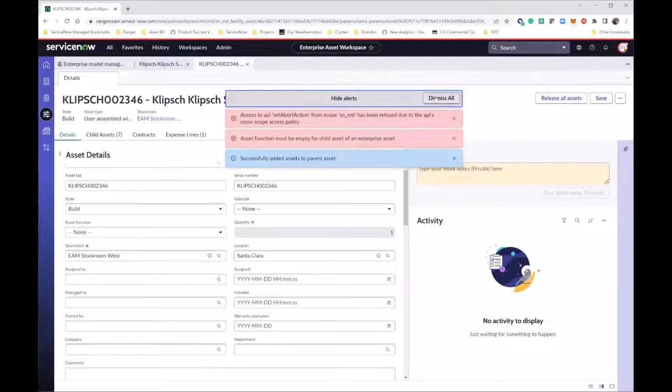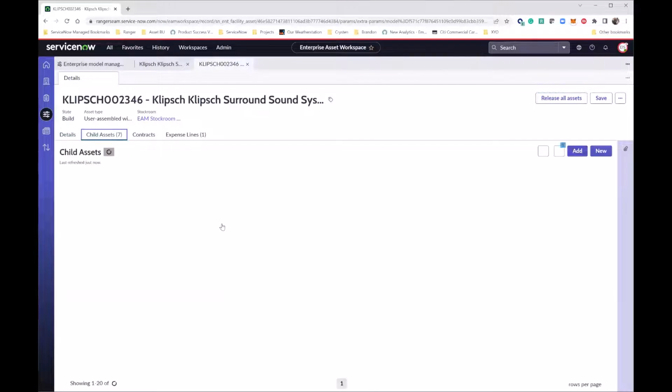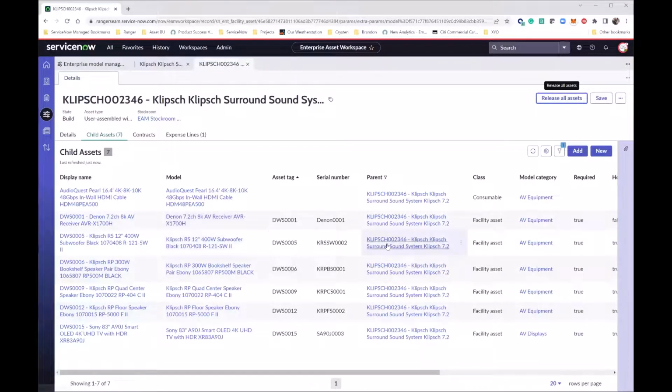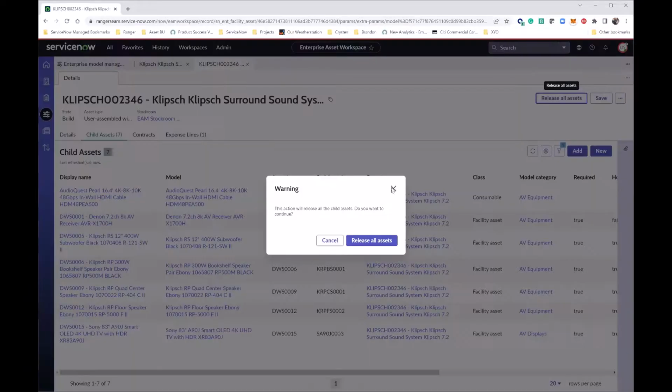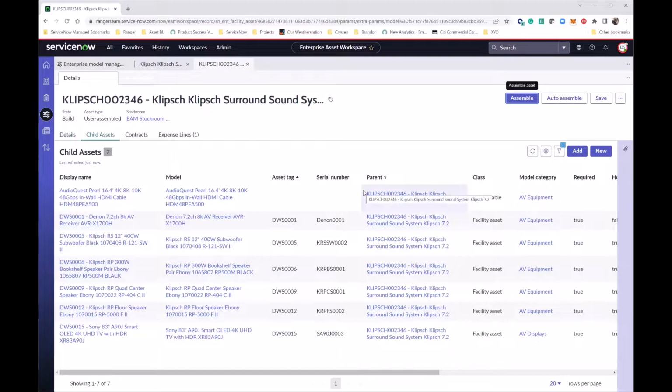So I'm gonna dismiss all. We'll just dive into this real quick. Sometimes these demos take a fun turn and things happen that you're not expecting. So let's release all of the assets, which is another great feature. While you're still in build, you can release all of the assets. And we are going to